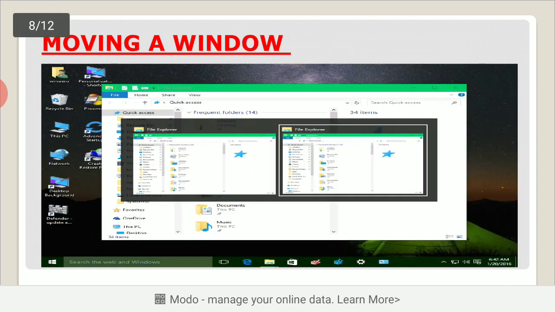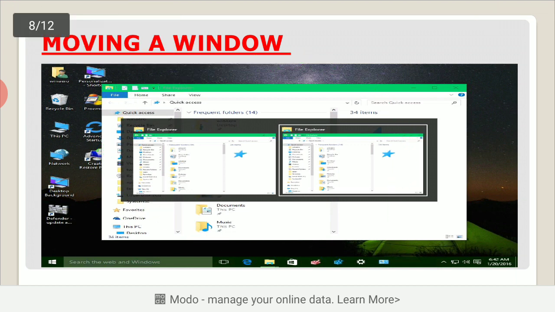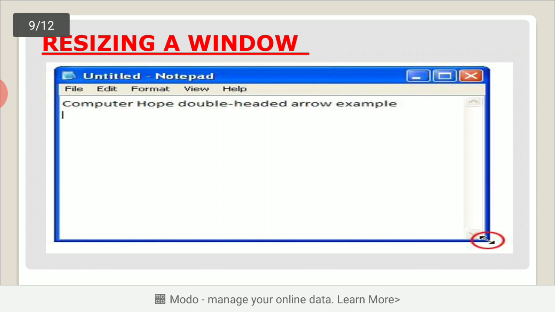Okay, now moving a window. How can you move a window? The window can be shifted or moved to a different location if it covers items on your screen. Next is resizing a window. You can change the size of the window displayed on your screen.